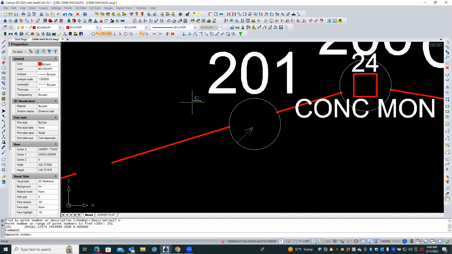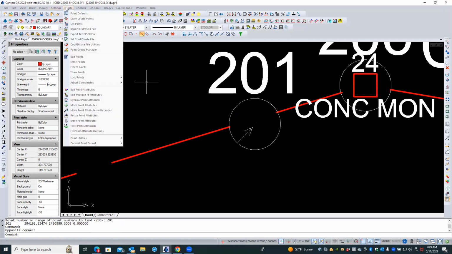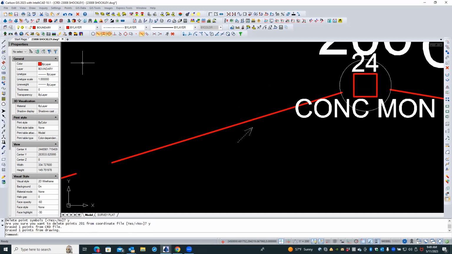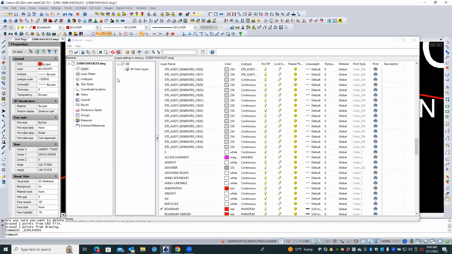It can be deleted. All right, so we go to points, erase points by number 201. Yes, yes, and yes. Okay. And now we'll go back to our working layer state,